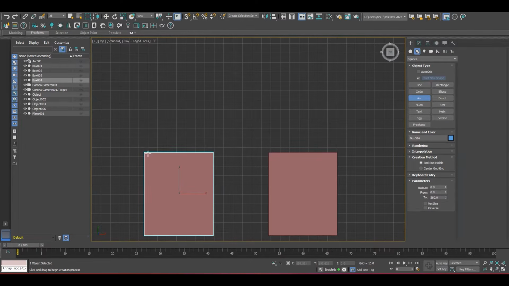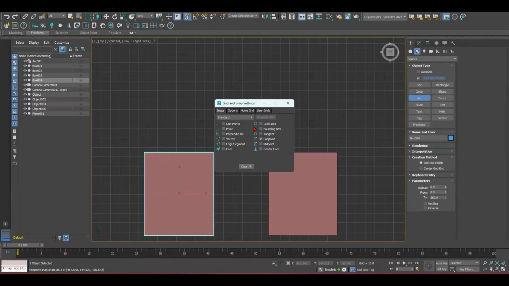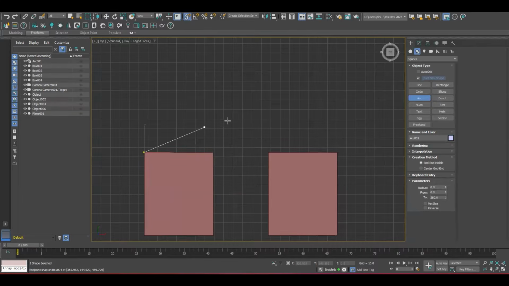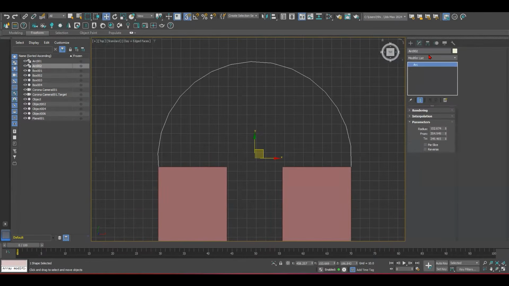So to get an accurate SP line arc between the two forms, I would enable the snap tool and select the endpoint from the settings. So start there. So I can just do it this way and start to edit on it by selecting the option, right, edit SP line.